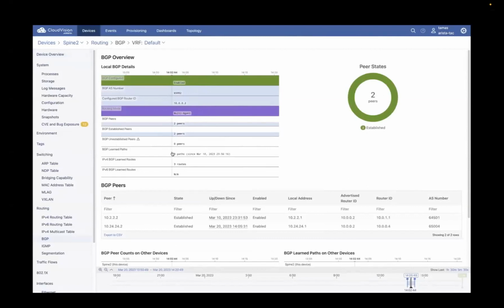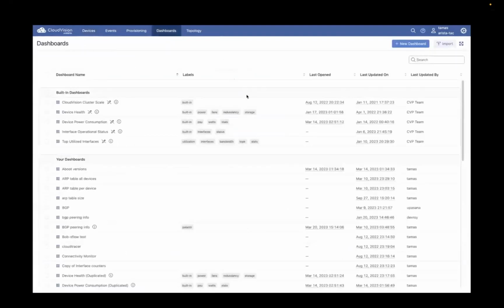So in that case, thankfully, we have dashboards where we can build custom views with arbitrary states, either using natively available metrics, or we can also use advanced query language or custom query language that can read data from NetDB. And in this case, I've used a combination of both. So if we go to the dashboards page,